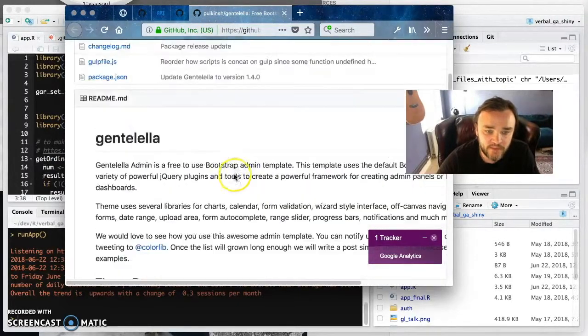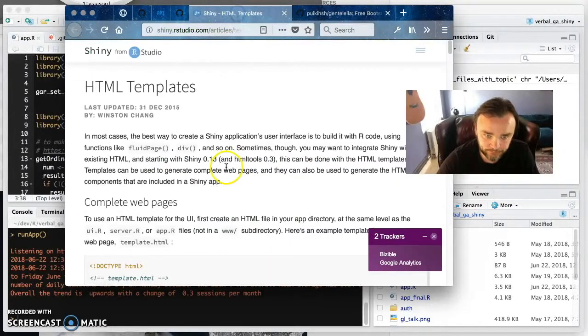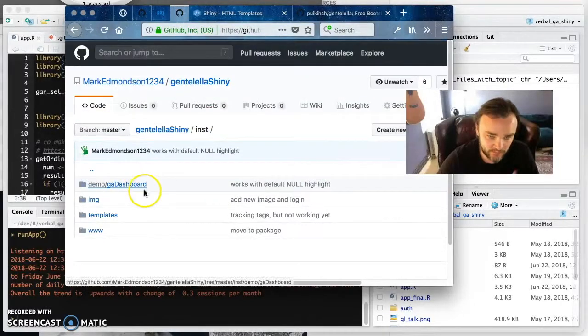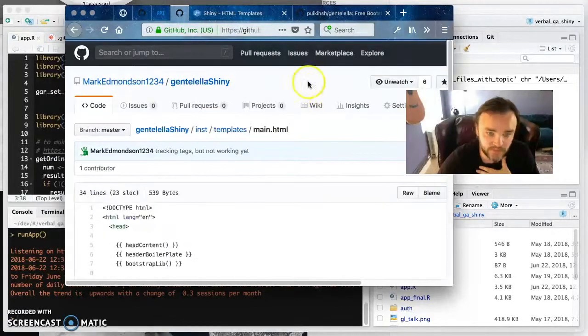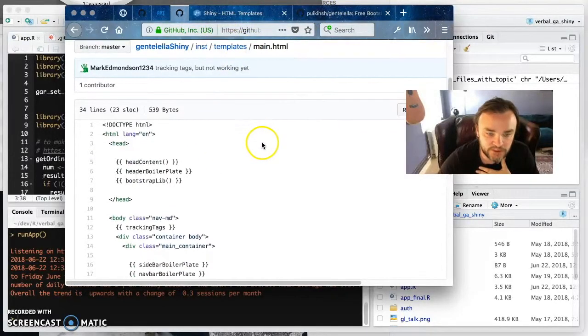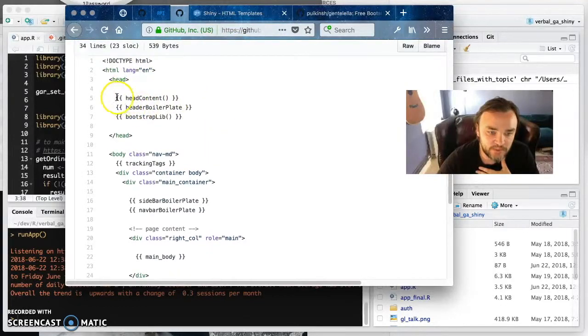And then I was looking at Shiny HTML templates, and instead of the default Shiny that we all know and love, you can add an HTML template with your own CSS and all this. So what this package is, it's taken the Gentella bootstrap theme and RFI'd it by putting all these